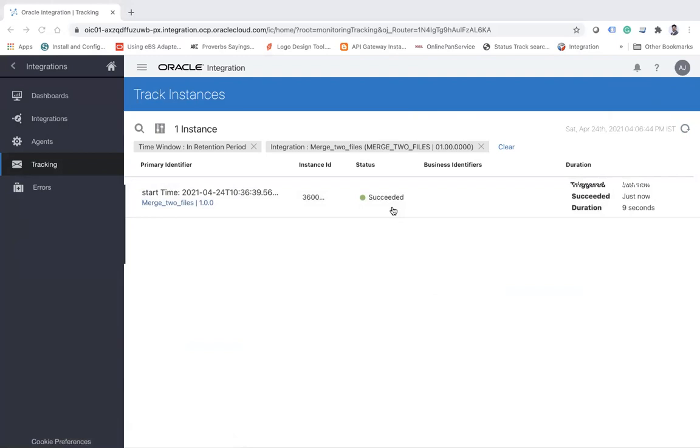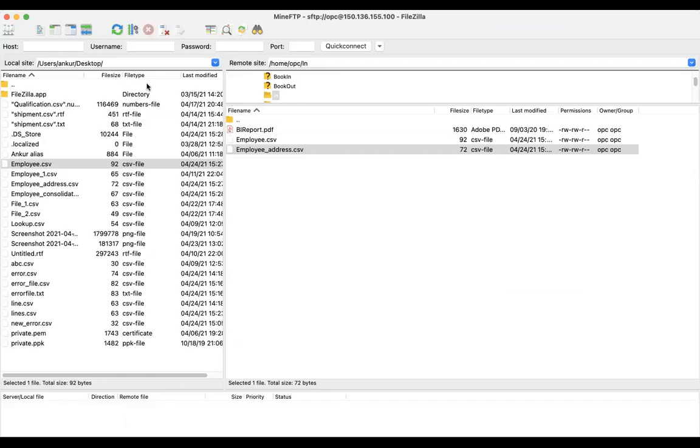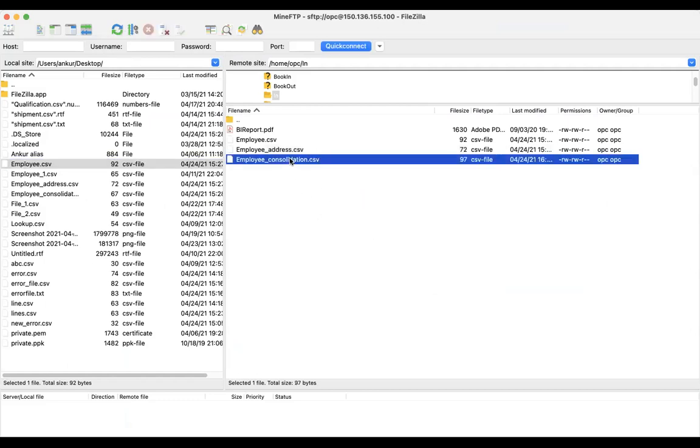Now let me just go to my FTP server, and then refresh this. Here you see the employee consolidation.csv file has been created. Let me just open this file and then we'll show you.